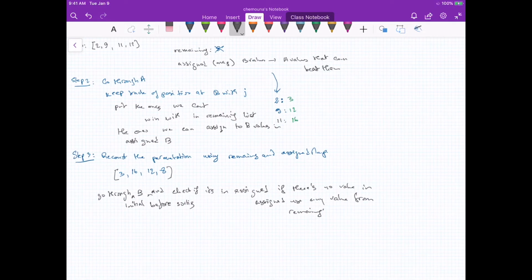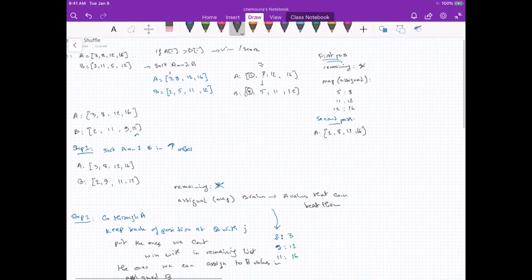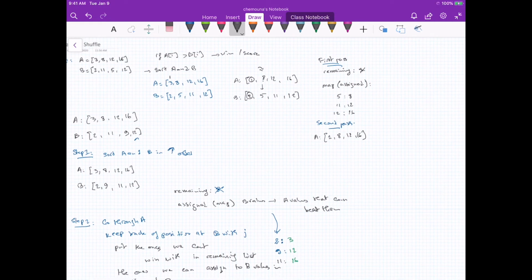Okay, so yeah, this is pretty much the gist of the solution here, but the main idea is we sort both, and since we have the smallest values first, compare the smallest value of A with the smallest value of B. If the smallest value of A can't beat the smallest value of B, that means that A value won't win for us at all because we tried it with the smallest value. And so we just put it in a remaining list, and then as we go, if we find a value of A that is bigger than B, it can beat it, we assign it to it, we save that in the map that we have here,